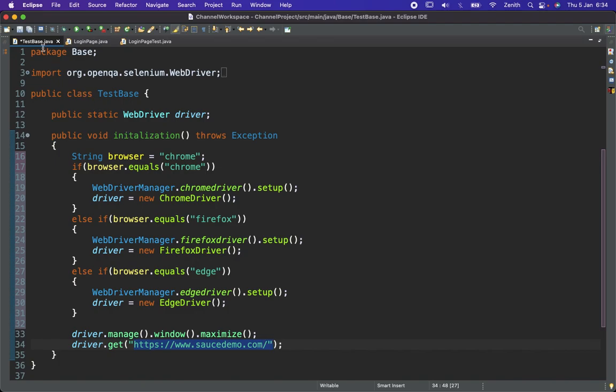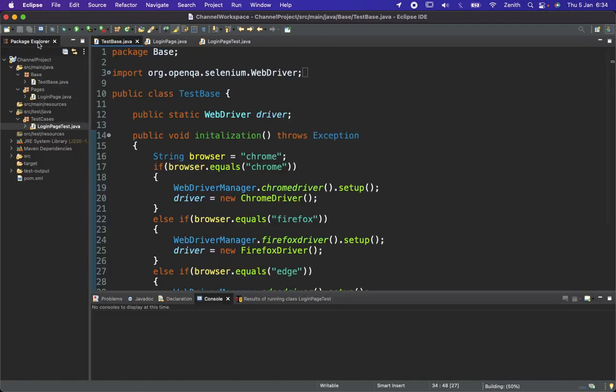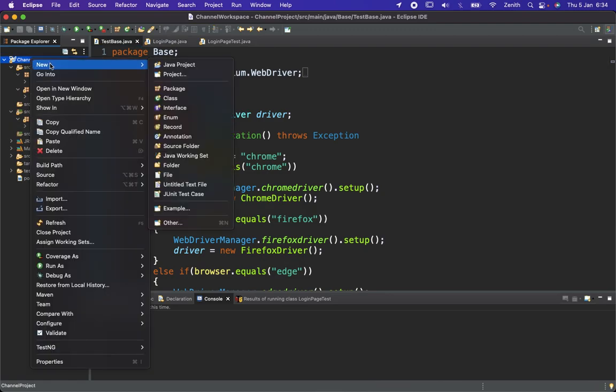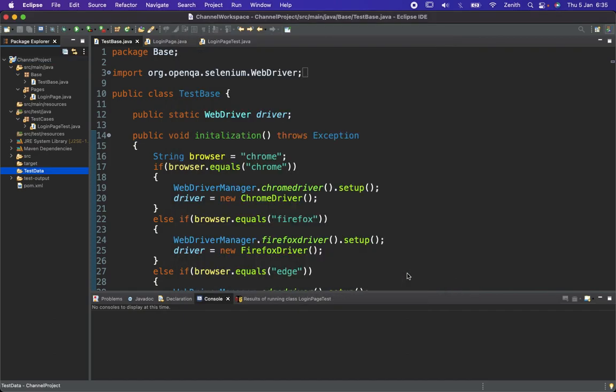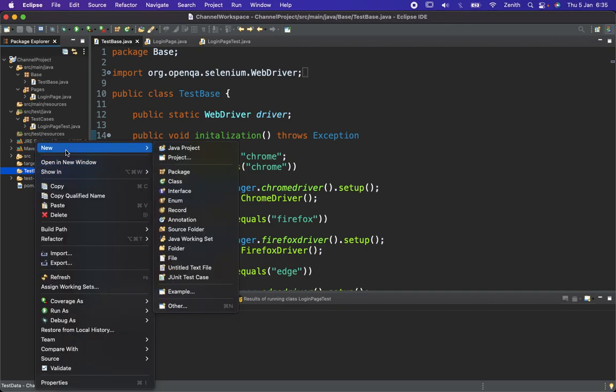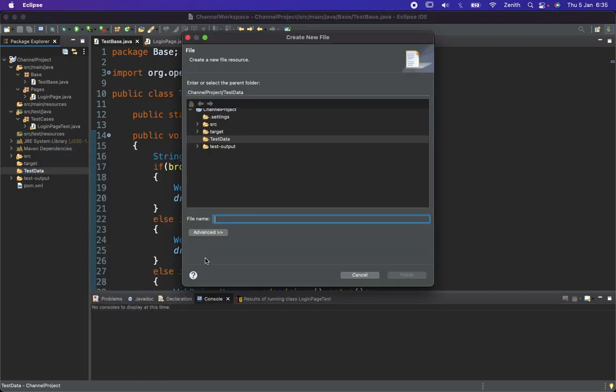Now we'll try to use the property file for this browser value and even for this URL. For that we'll create one folder in our project. So this is our project. I will right click on my project, select New, and there is an option for Folder. I will create a folder named testdata, finish, and here I will right click, click New, select the option File, and give the name config.properties,